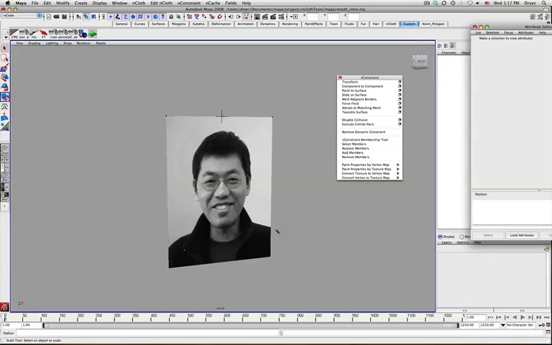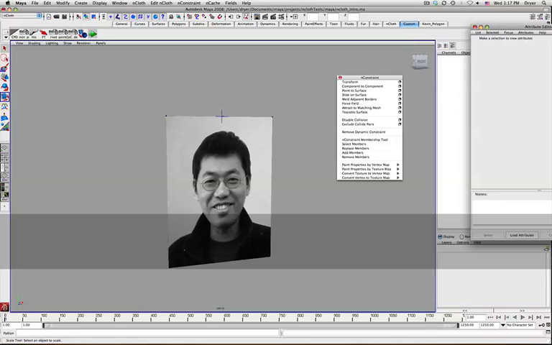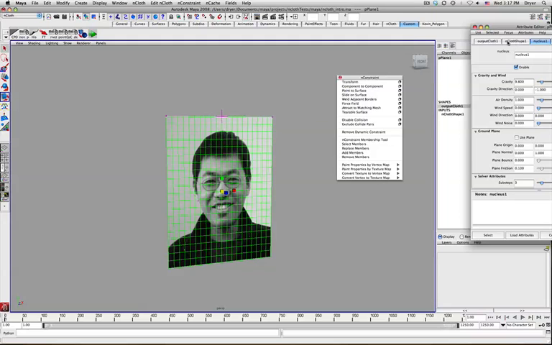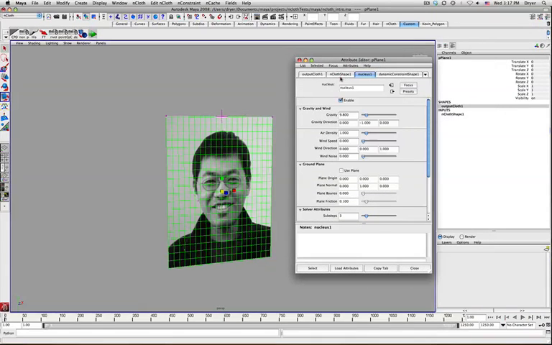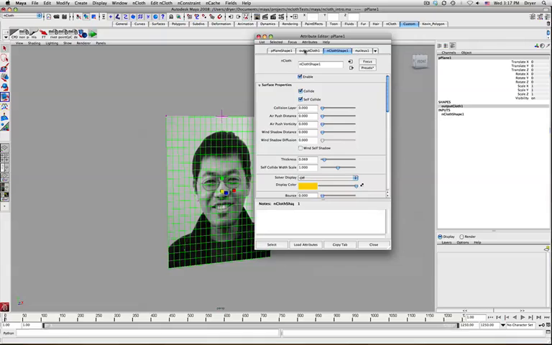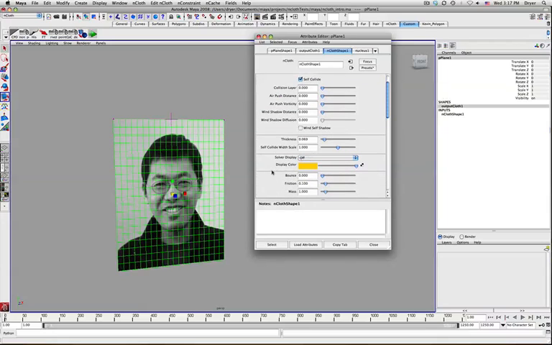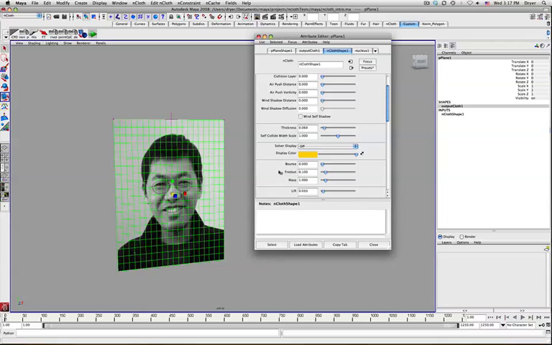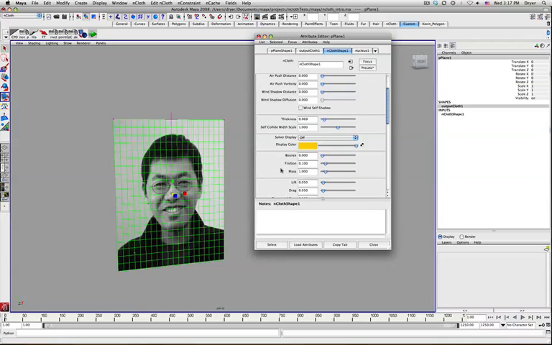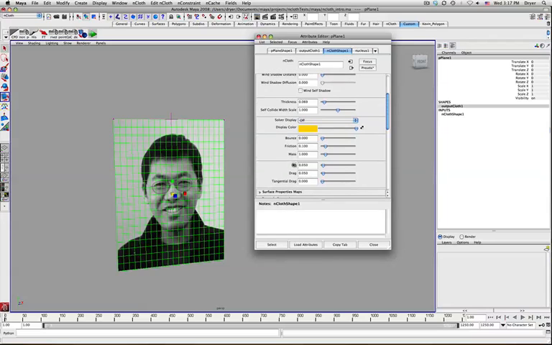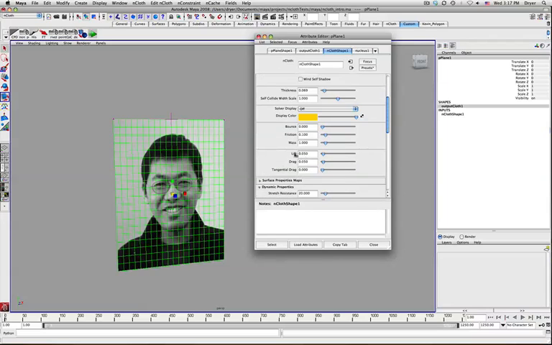Now let's look at the different nodes that go into an ncloth object. So let me select it. If we look in the attribute editor here, you can see there's an ncloth shape node, and this is probably the one we'll be working with most, and this is the one that defines the qualities of the cloth itself. I won't go through all of these right now, but you can go down and take a look. The thickness of the object, how it collides with itself, how bouncy it is, how much friction it has, how sticky or slippery it is, its mass, its lift, how it will respond to air density,